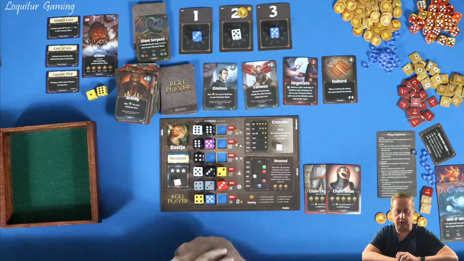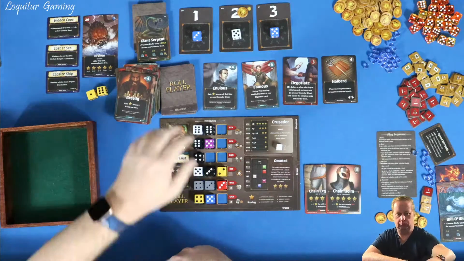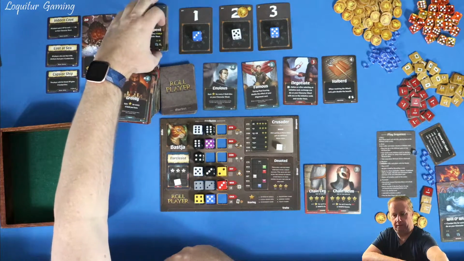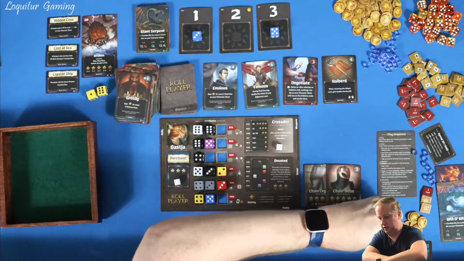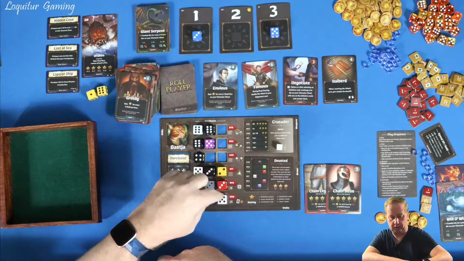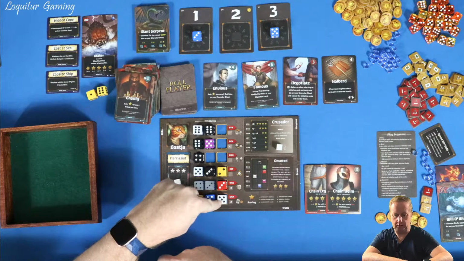I think I'm going to do it that way. Right? Is that what I want to do? Yes. I'm going to do this. Get that gold. I'm going to put it here in the charisma row. That's going to get me for sure my